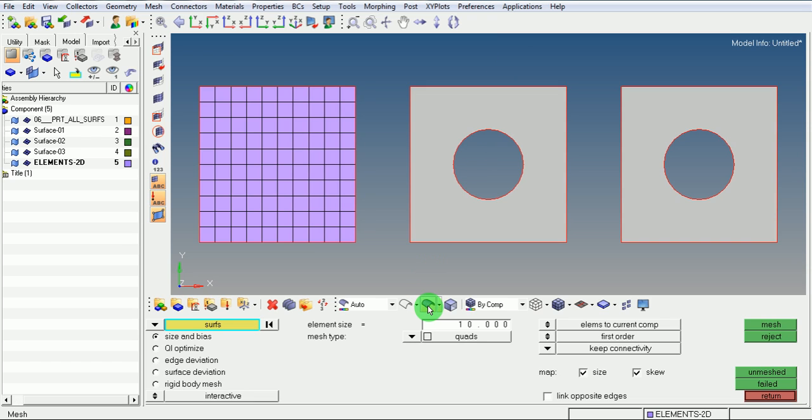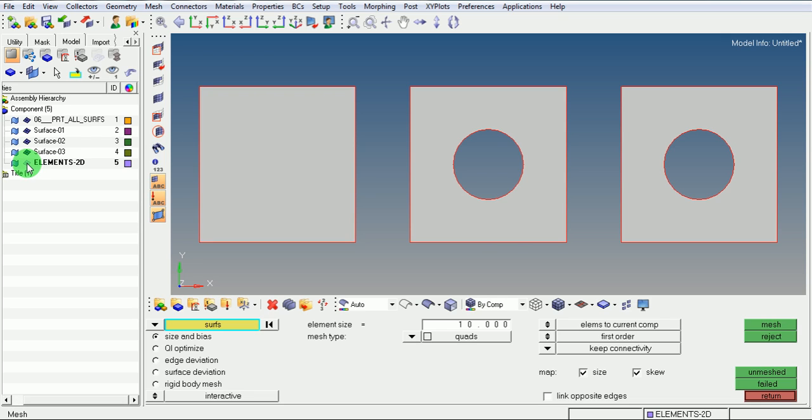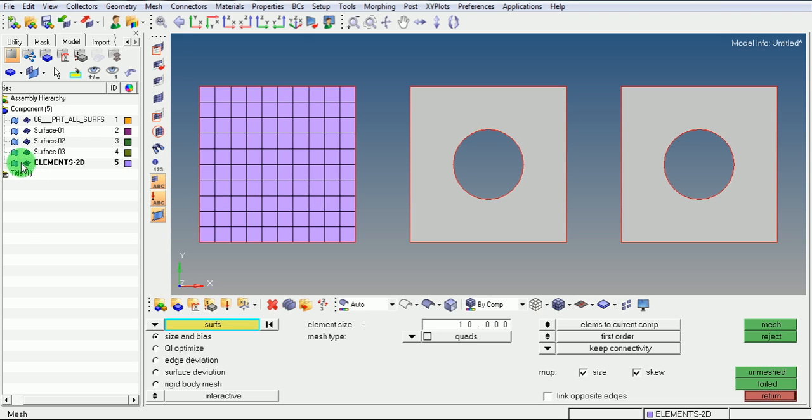Use shaded surface option and shaded element option and pick on the option here, that is this icon, which will switch on and switch off the elements in that component, and this option will switch on and switch off the geometry in that component.